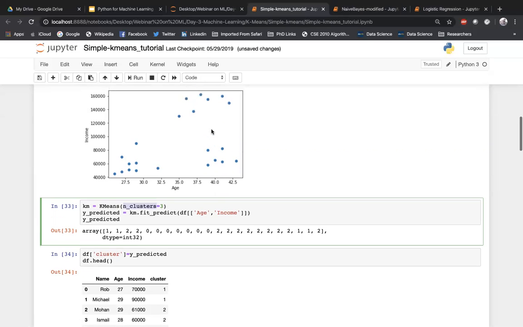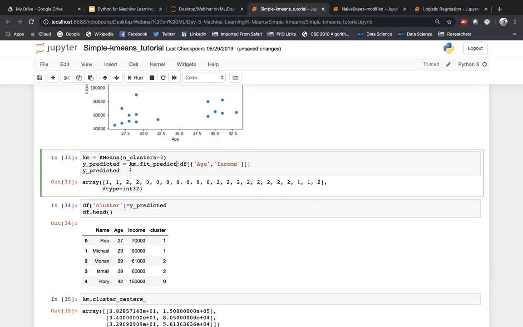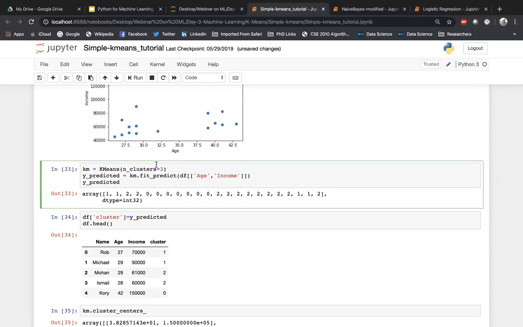Looking at the scatter plot, sometimes we can come to a conclusion that there might be 3 clusters, so I can directly say that there are 3. But sometimes the data set may not be like this. It might be something scrambled. In that case, you may have to try out with different numbers of clusters. Once this is done, I'm trying to predict, in the sense here, nothing but assigning a cluster value to each of the data.